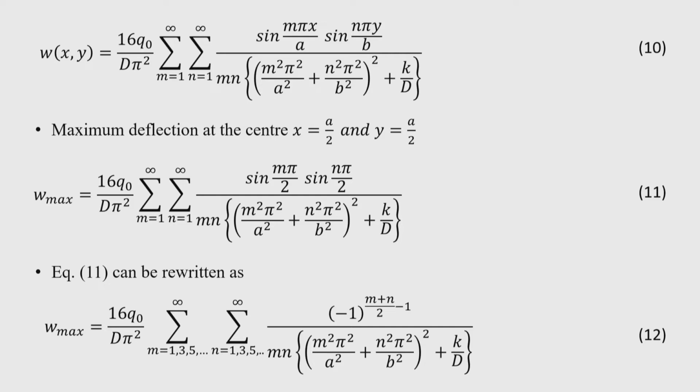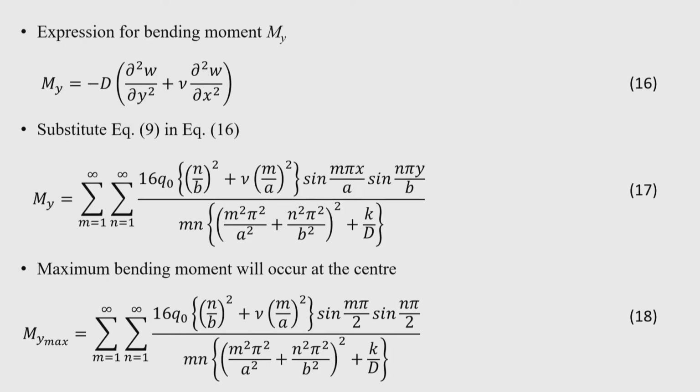You can see this function can be written in a convenient form as minus 1 to the power (m plus n by 2 minus 1). So, m varies from 1 to 35, n is also 1 to 35. One can find the convergence of the series with the first few terms, and the exact result will be obtained, there will be no difficulty.